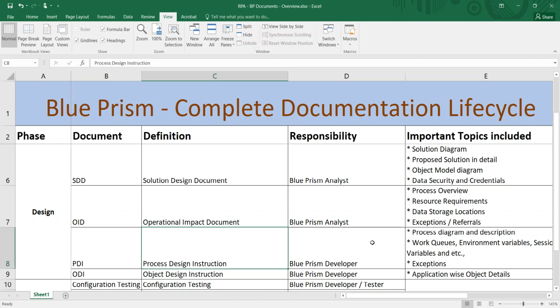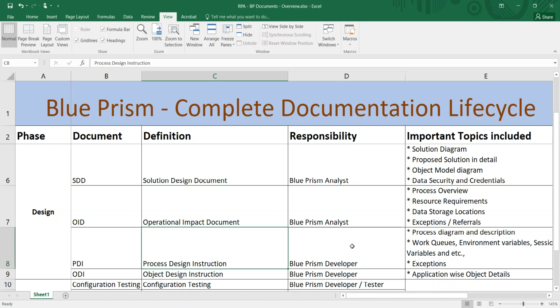If you download the object design instruction document from the description, you can see each and every detail of the objects. This is split application wise.